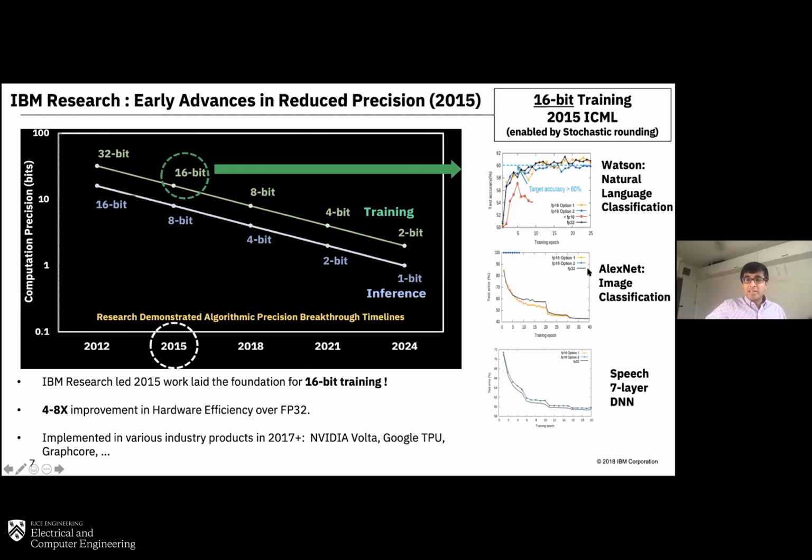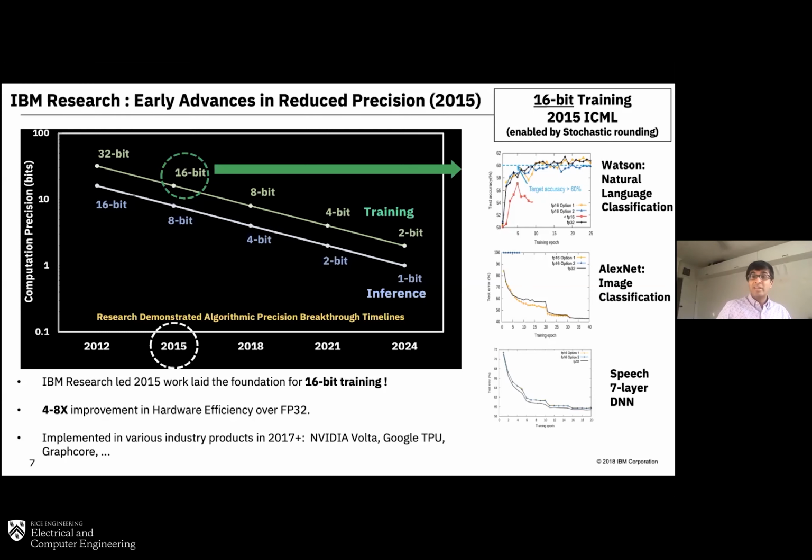And what we showed, as you can see from this chart, is that by correctly optimizing the arithmetic and understanding the sources of noise and sources of inaccuracy, you're able to maintain the precision across all of these domains. So we successfully showed that 16-bit arithmetic could be used across speech, vision, and NLP back in 2014 and 2015. The ICML paper that published this work, which focused on fixed point quantization, was basically enabled using